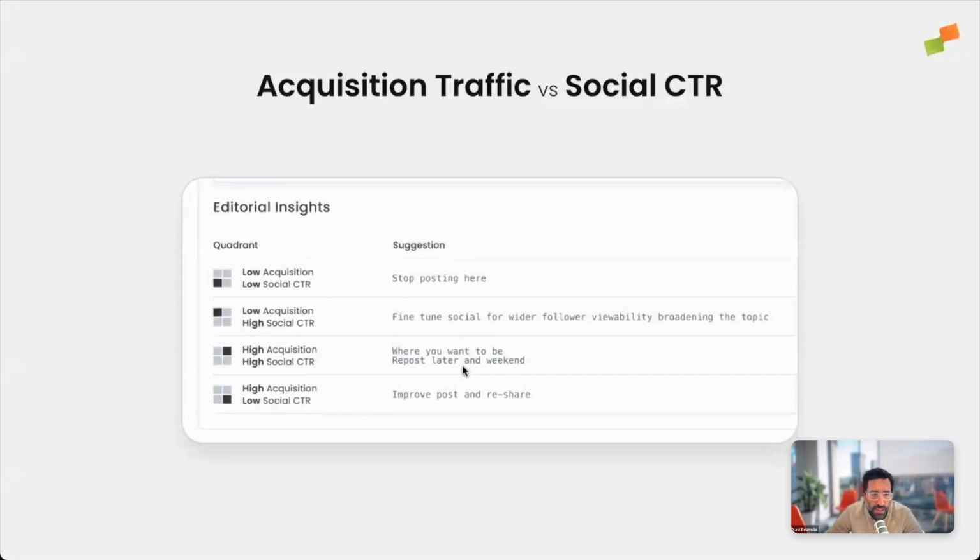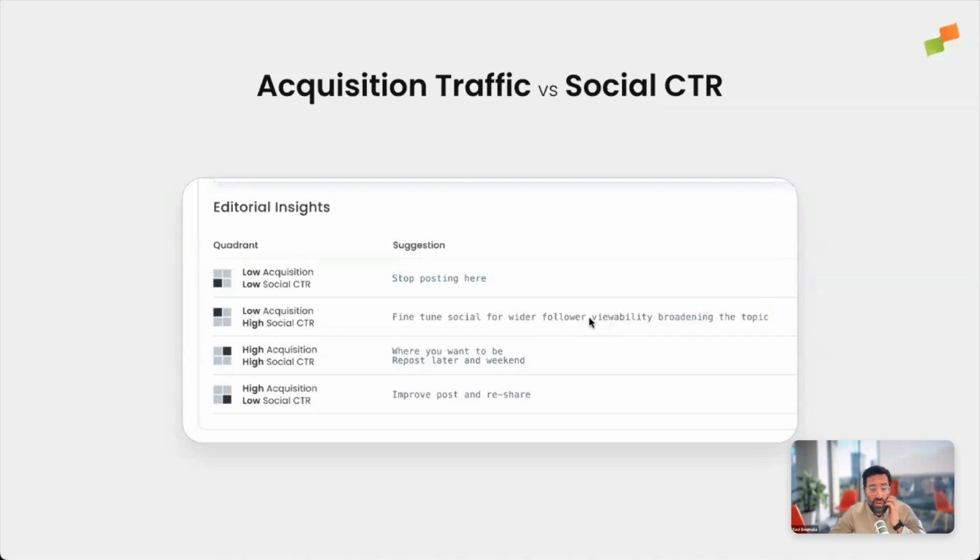And last but not least, how can we improve our social distribution? If we map on the axis articles that have good acquisition traffic, that might be coming from Google, traditional SEO or Google Discover, but have good or bad social CTR. In case you have low acquisition and high social CTR, it might mean that you need to fine tune a little bit